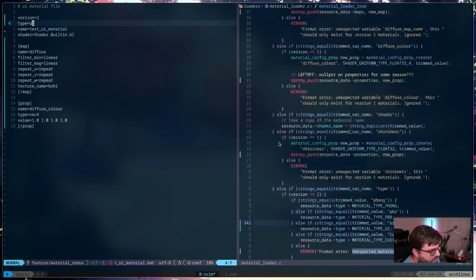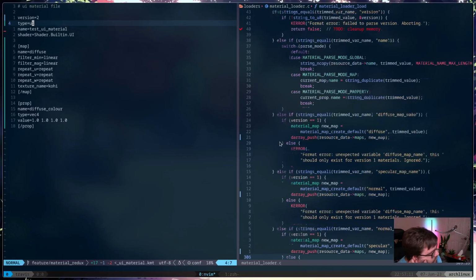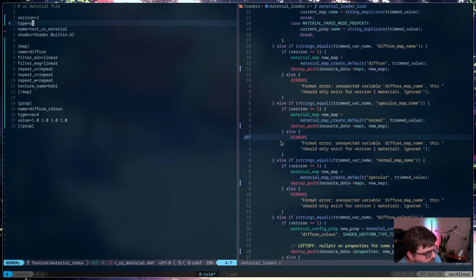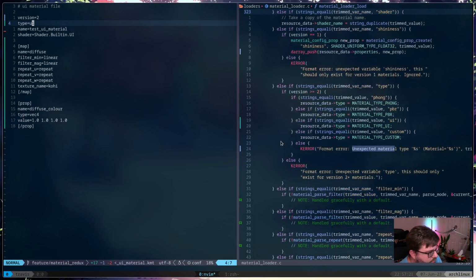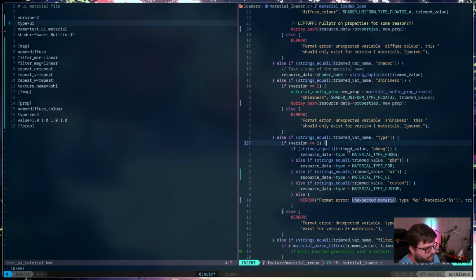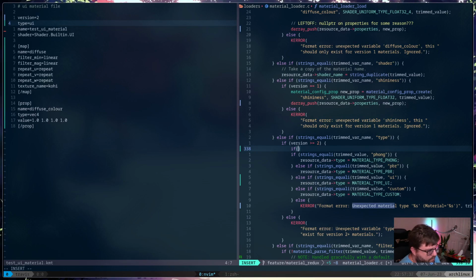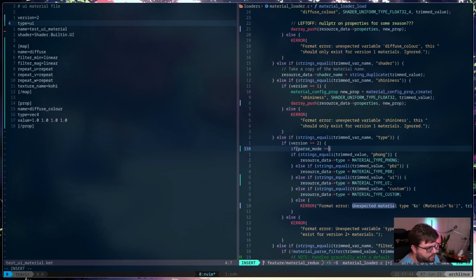Oh, I suppose I should probably look at the mode. Parse mode. Global.